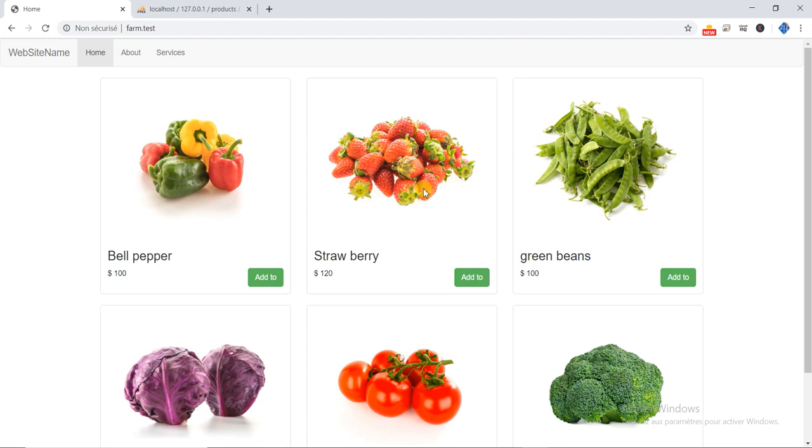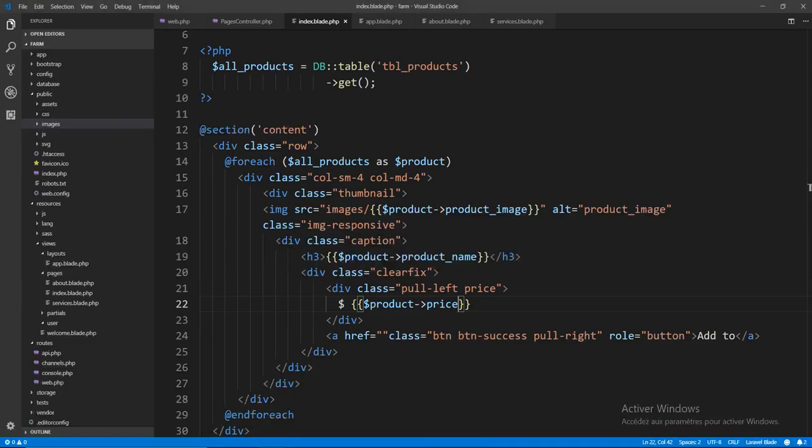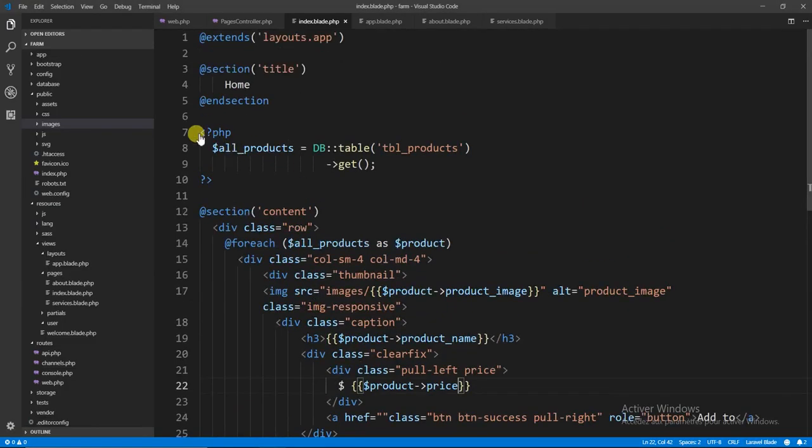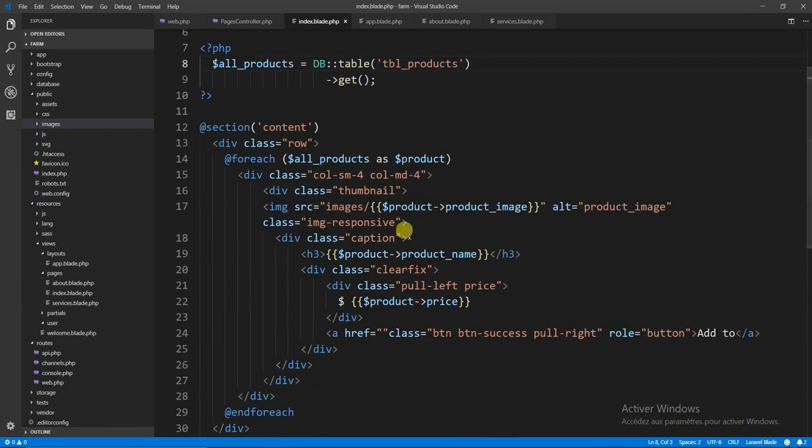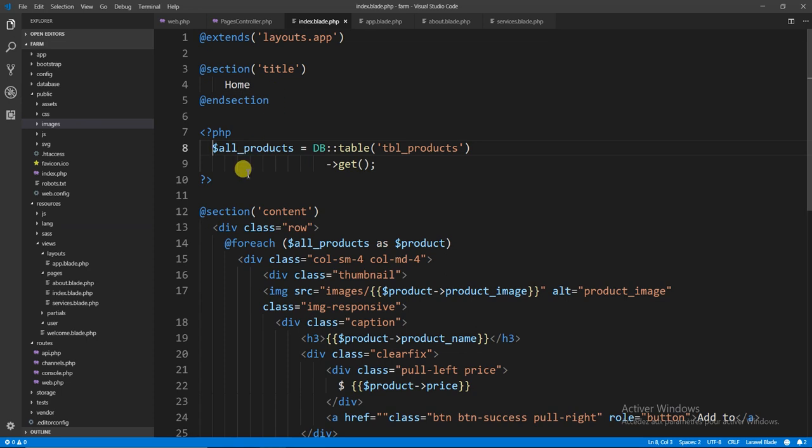We're going to use the same thing in our Laravel projects. My desire was to prepare you for our last projects. So let us go back to our VS Code editor, and this is the first way you can use to get your information from your database. Otherwise, you can also use